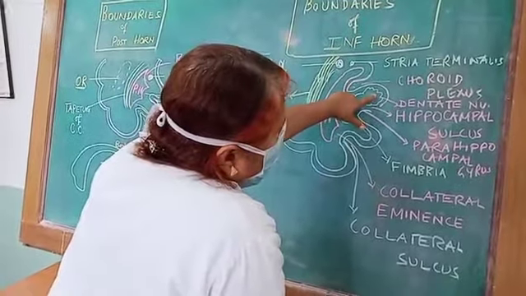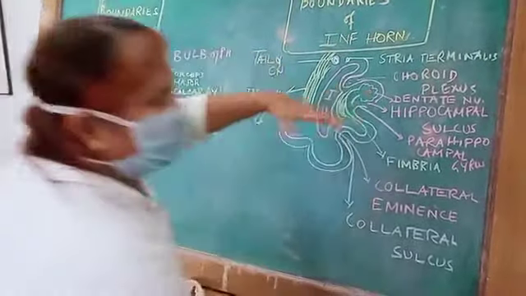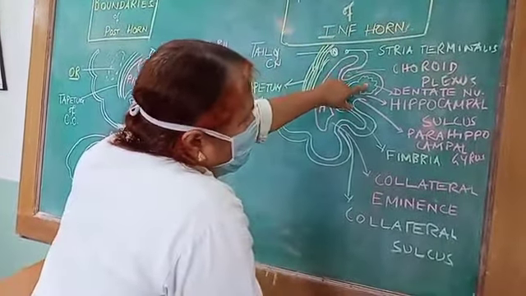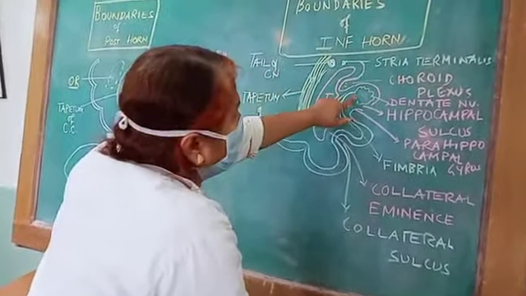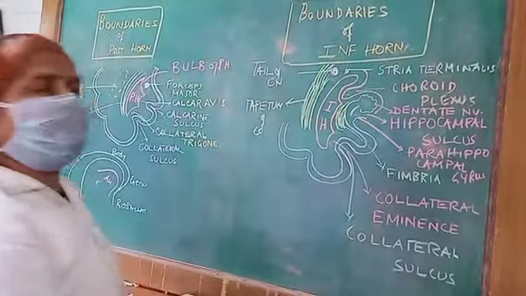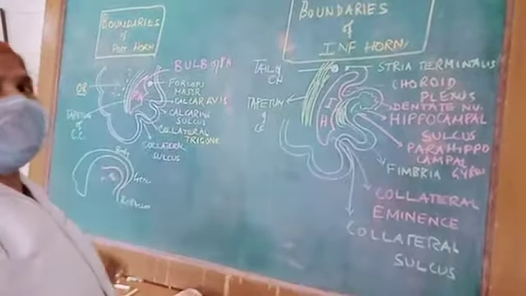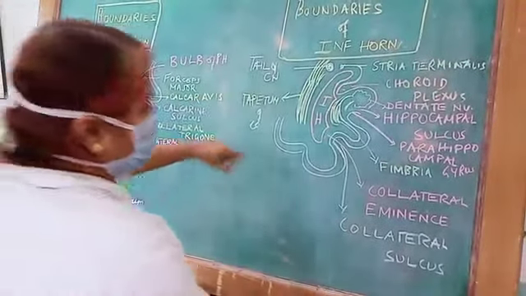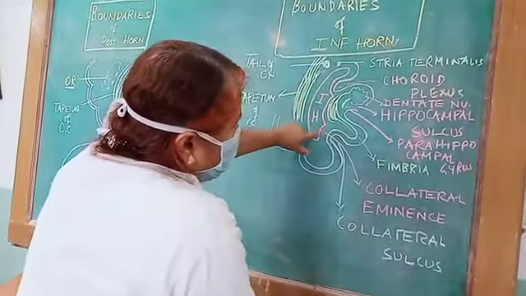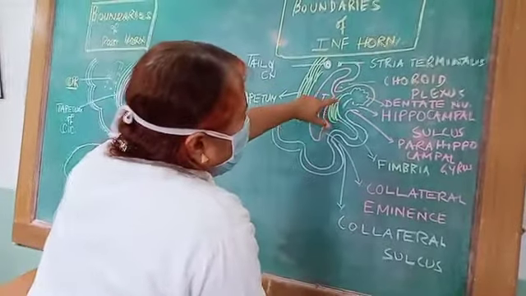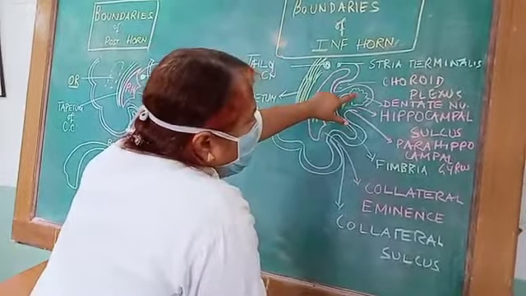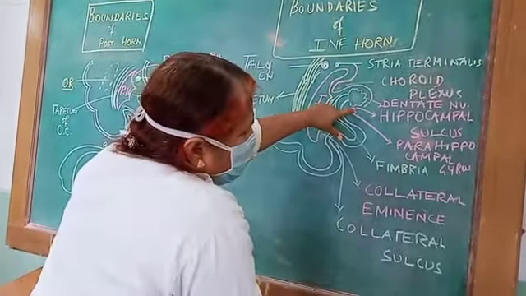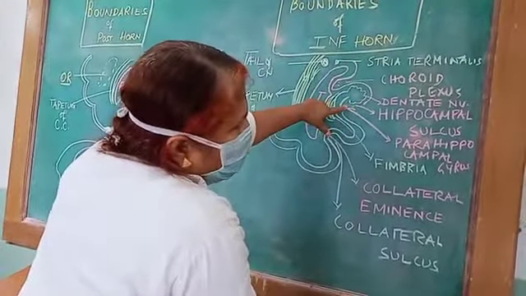So here lies the pes hippocampi, which is like the paw of the cat, and within it is a nucleus called dentate nucleus. From here starts the fimbria. This fiber is called the fimbria, which is continuous as the fornix, the efferent fiber from the hippocampus called the fornix. So this is on the medial wall. So far is the collateral eminence and the fimbrial fiber coming from the dentate nucleus present with the pes hippocampi. Below there is the hippocampal sulcus and parahippocampal gyrus.